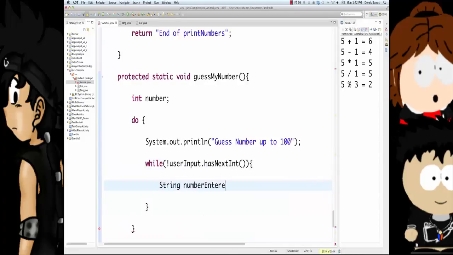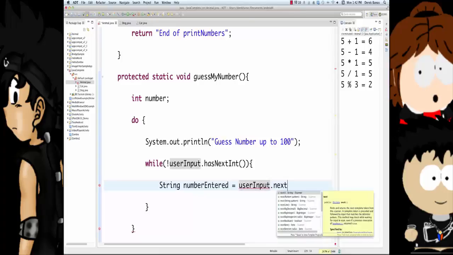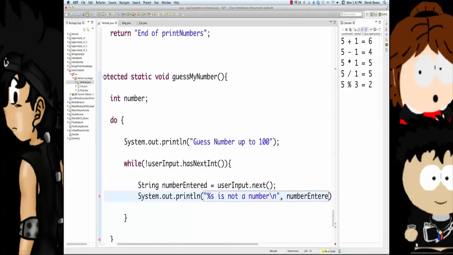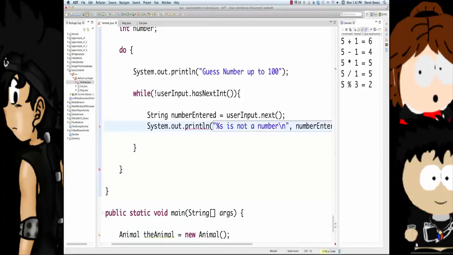I'm going to go String numberEntered equals userInput, using that scanner again, next. And if you want to print a string directly inside of here in an odd place instead of at the end, "is not a number." New line is going to give us a break. And then at the end of this, you're going to put a comma and numberEntered. There you go. Except this is not println, this is printf. Sorry about that, wasn't thinking.